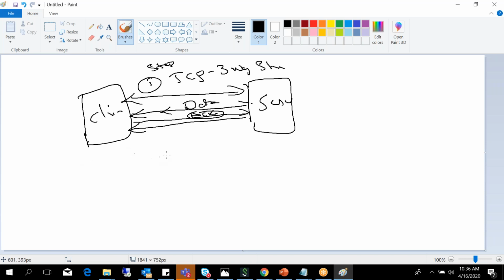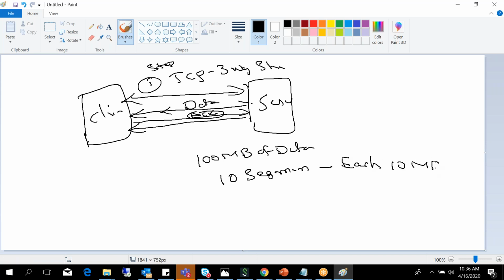Let's say the client is trying to download 100 MB of data. So the server is sending it as 10 segments. 10 segments means each segment will be 10 MB.